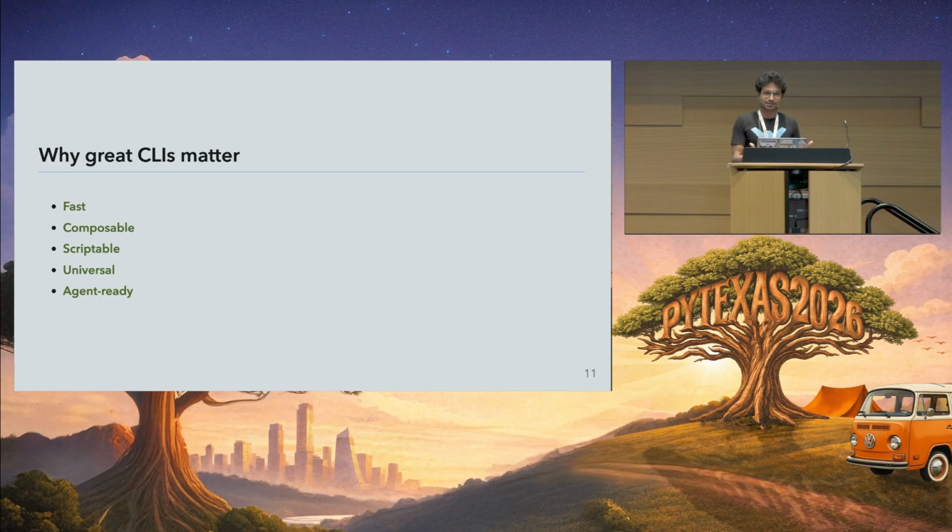And now these days, it's agent ready because an AI agent knows many CLI tools, so it's kind of like bread and butter for them, right? So they are our newest users. So a good CLI is an API for humans, always was, and increasingly now for machines as well.